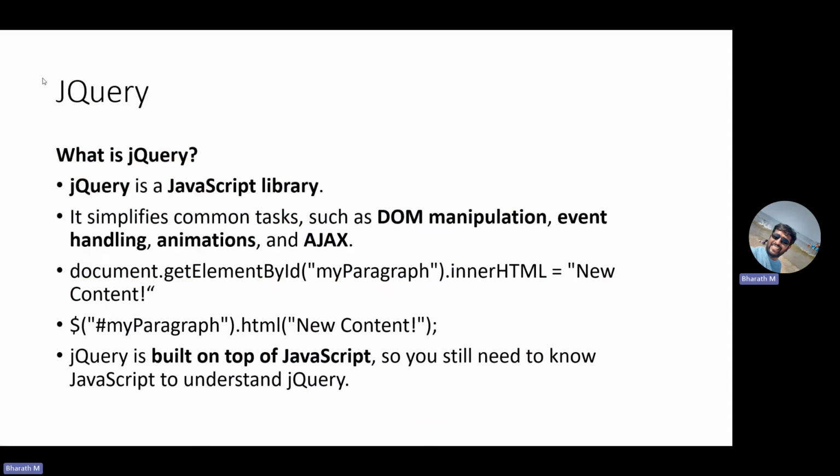See, an example I have just given. In JavaScript, if you want to access any ID which has this my paragraph, what we used to do, we used to use document.getElementById. Within that we used to specify the ID details. But when it comes to jQuery, see the syntax, it's very simple. Just we use